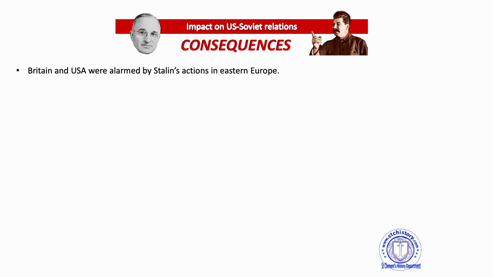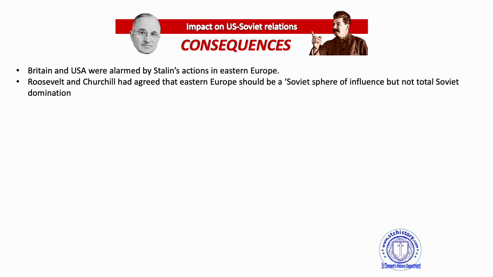One of the consequences of this was that the Grand Alliance began falling apart. Tensions rose, as we keep saying. They're worried, they're anxious, and this is Stalin's actions doing this. So we definitely want to get that point in for sure. Roosevelt and Churchill had agreed that Eastern Europe should be within a Soviet sphere of influence back in Yalta. So again, you could say that that's Stalin's argument, but again, we're talking about relations starting to be strained.